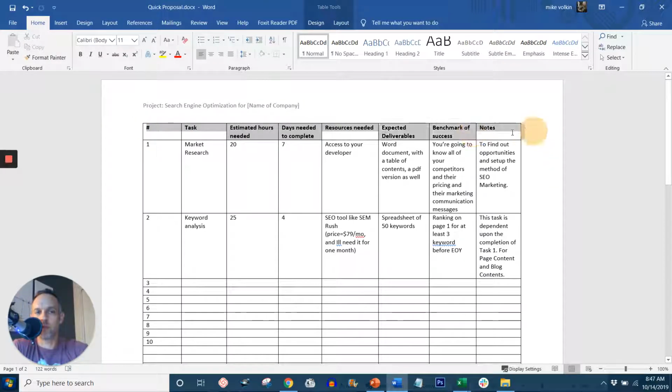So let's go from left to right in the columns, and you should be able to, in like 10 minutes, fill out your own proposal with no experience and be able to answer all the questions a prospect might have. This is very powerful because a lot of times I win jobs just because I'm able to